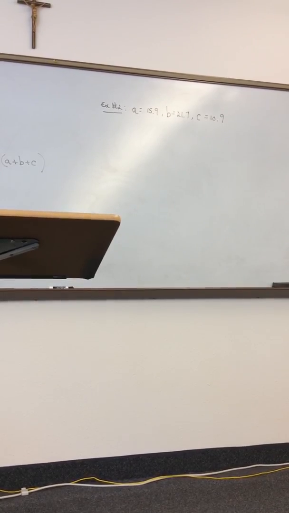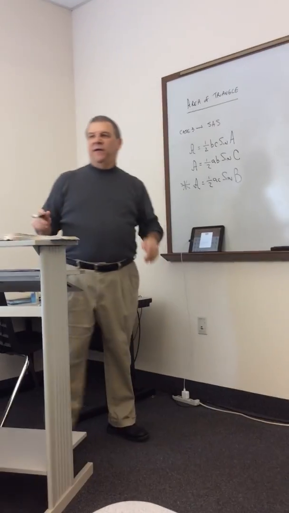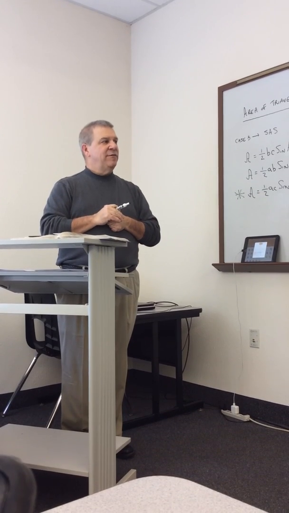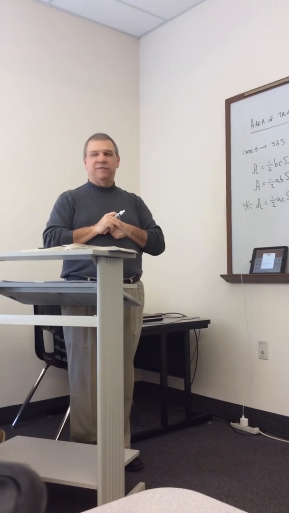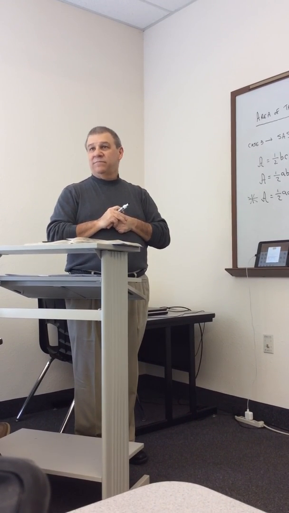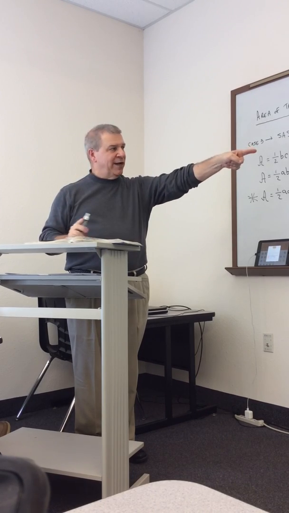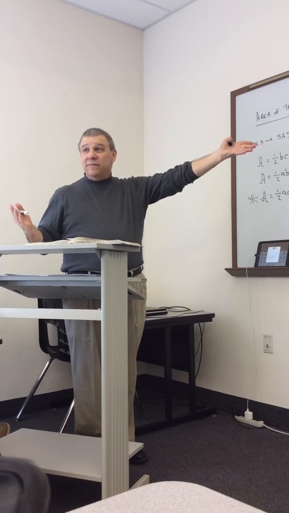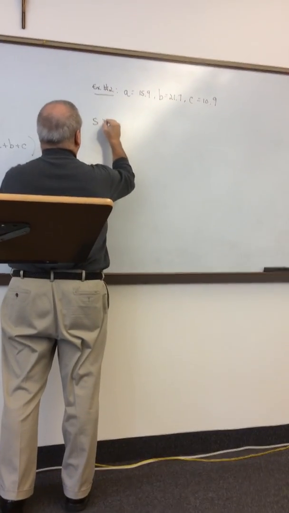If I'm going to use this to find the area, what's the first value I have to get based on what I just gave you? What value do I need to get first before I can use that big square root formula that's up there? Go. S, which is called the semi-perimeter. So, right here, let's go S equals,